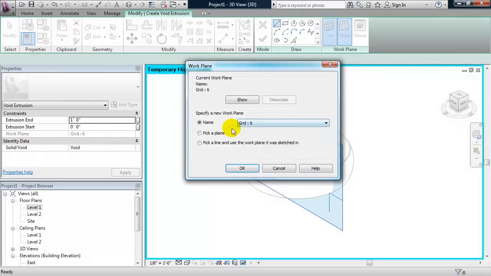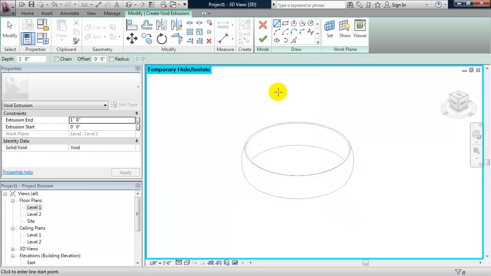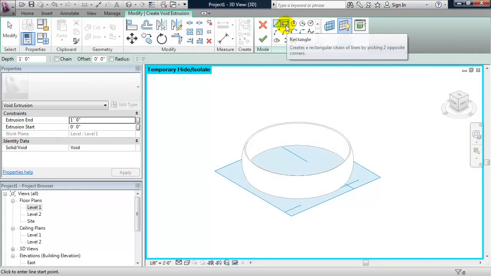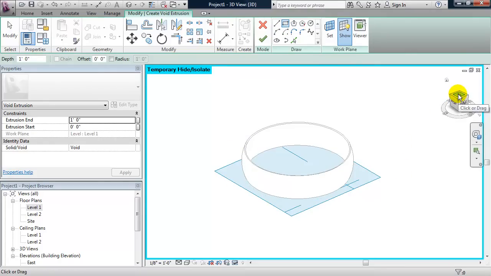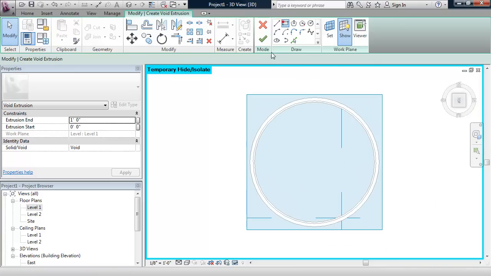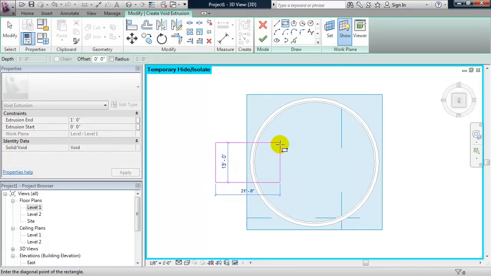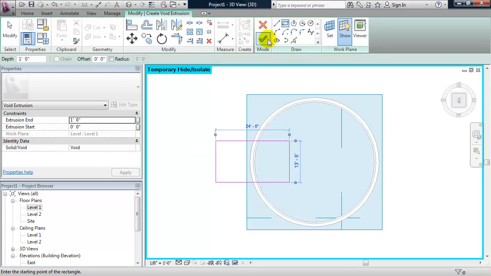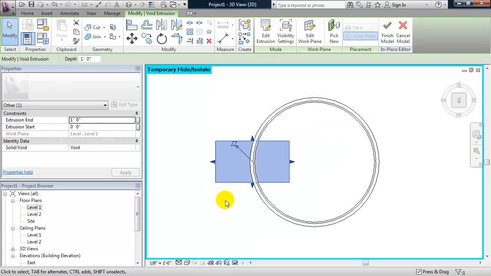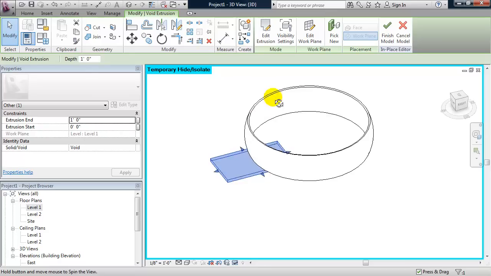I'll click on set, change it to level 1, click OK. I can click on show just to verify that work plane is set. Let's use a rectangle for our void. And I can look at this in a top 3D view by double clicking on the word top. And I'll click my rectangle tool, and I'll make sure the rectangle goes through the revolve, and I'll click on the green check mark to finish that extrusion, and I'll hold down my shift key and my middle wheel to orbit,